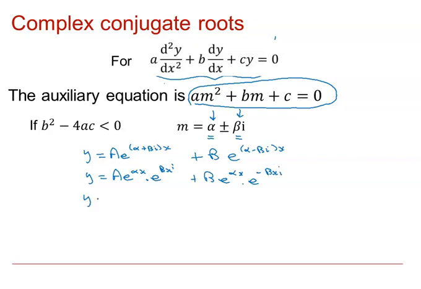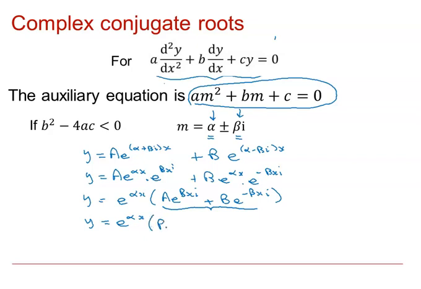Now we can pull out a common factor of e to the alpha x: A e to the beta x i plus B e to the minus beta x i. And we've seen in a previous video that this bracket can be written in the form P cos beta x